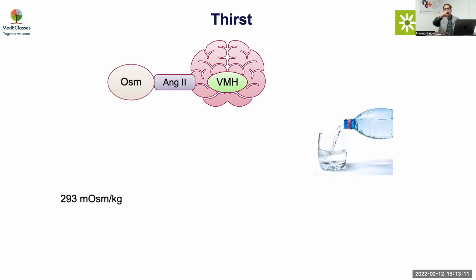Now, what will shut down this thirst mechanism, Naveen? When will the body say, okay, I don't want to drink anymore? So whenever there's a decrease in osmolarity. So now if your osmolarity becomes 283, you will then have a decrease in thirst? No, sir. Actually, whenever you take water, there are receptors in the oropharyngeal region which basically cause inhibition of the